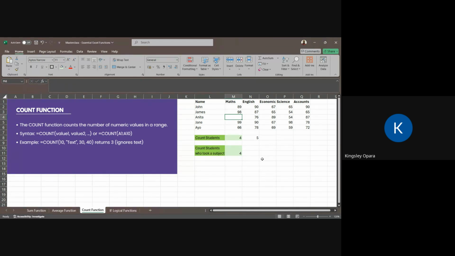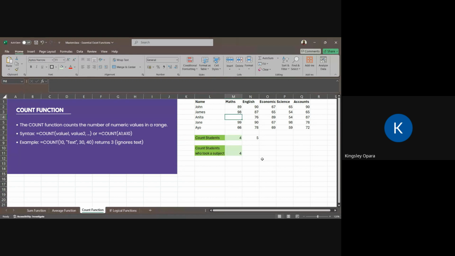For a student who did not take part in a subject, if you put 0, that's going to be a problem because 0 is also recognized as a number. So it is either a dash or you leave it blank to mean that student did not write that particular subject.